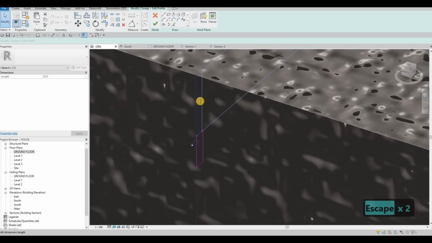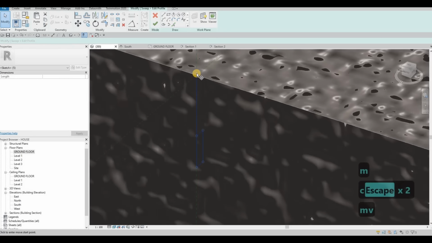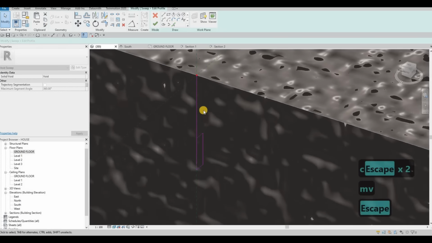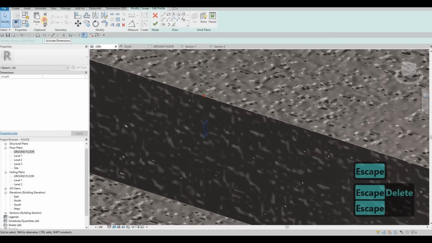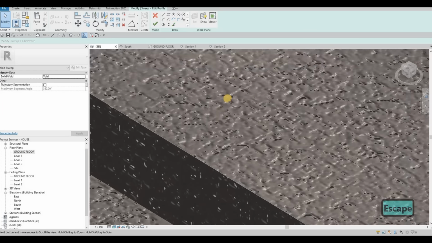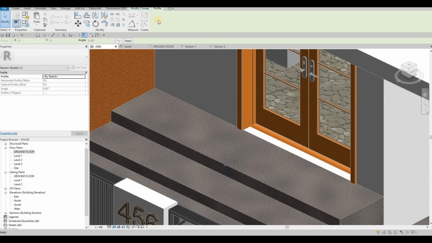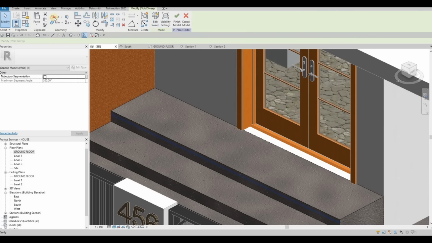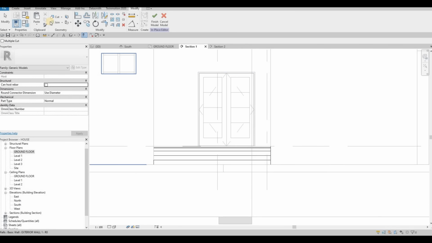We need 30, please. Move it. And then delete this. And then we could just copy this. And then click finish, and then finish, and then cut geometry, go back to section 1,